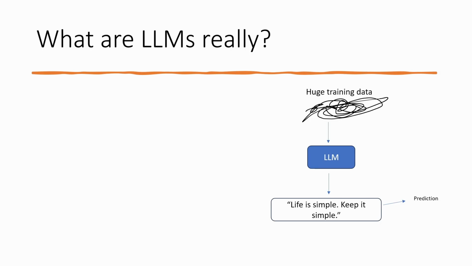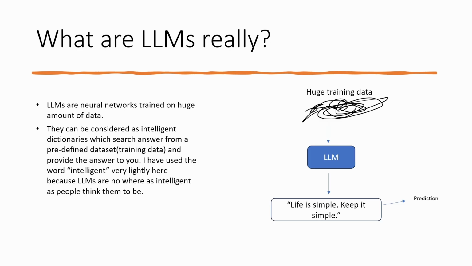What are large language models really? Large language models, at a very, very stripped down or basic level, are neural networks, huge neural networks, which are fed huge training data. And then with that huge training data, they generate some text given some